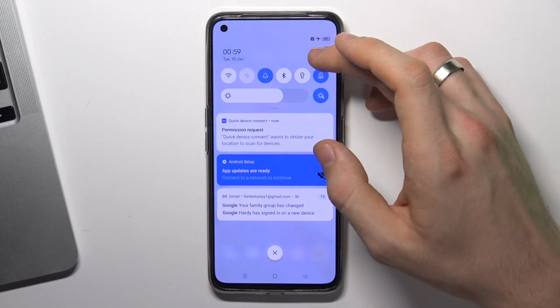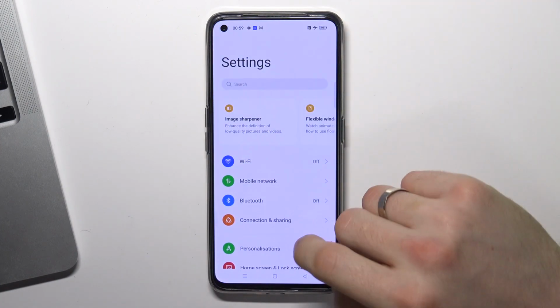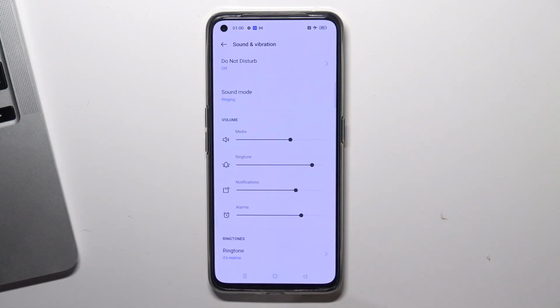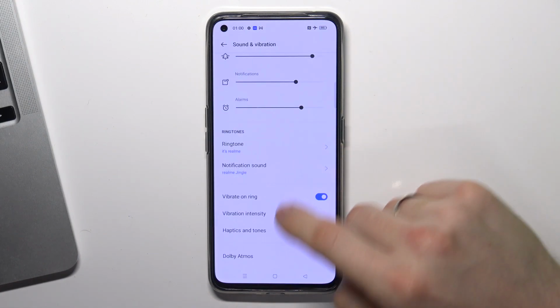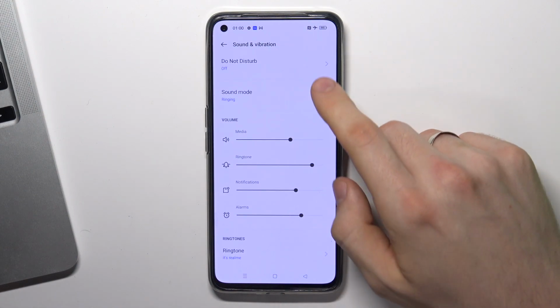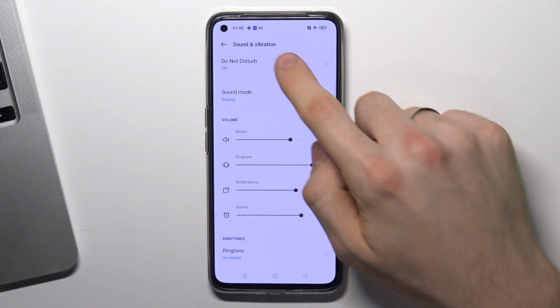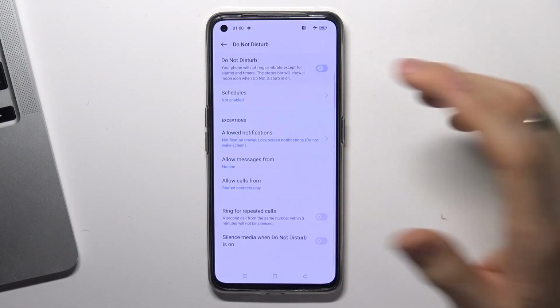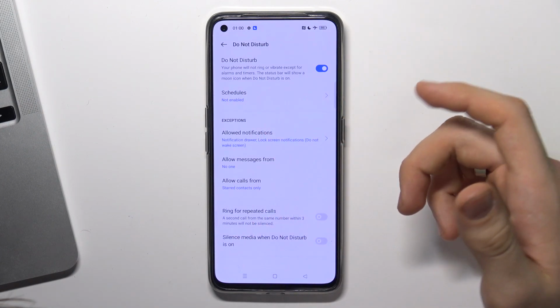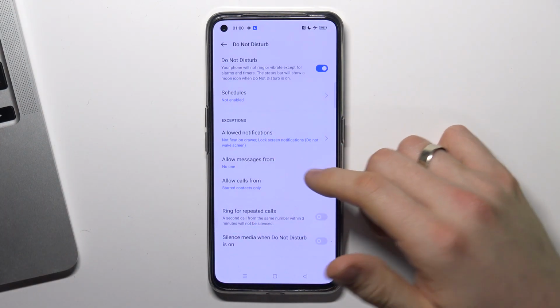So firstly, you need to open the Settings application, then scroll down and find Sound and Vibration. Then scroll down again, and here you will see Do Not Disturb mode. Click on it. Here you can enable it, and here you can set up schedules and of course